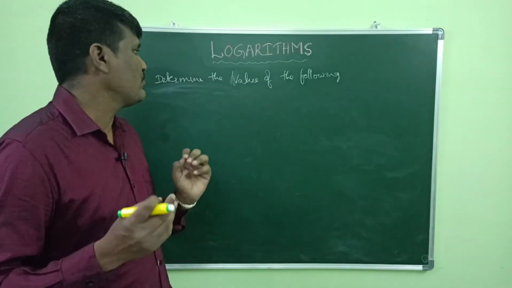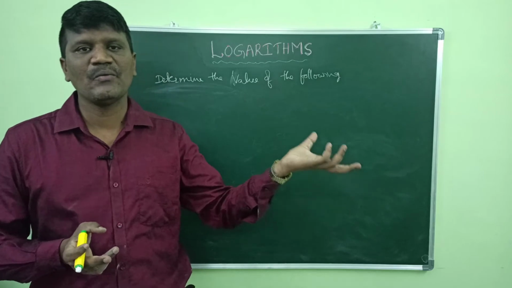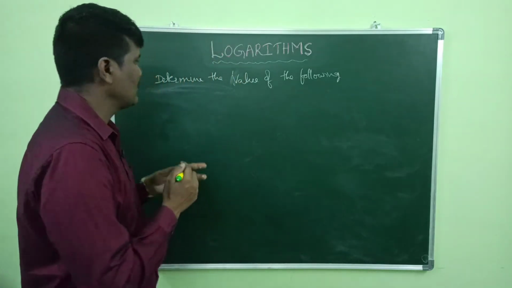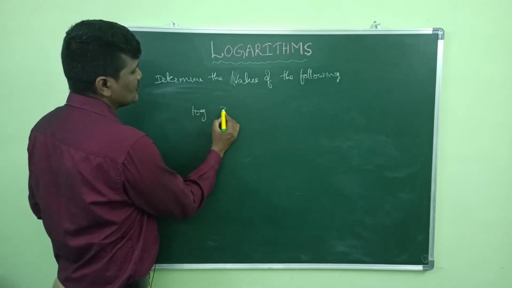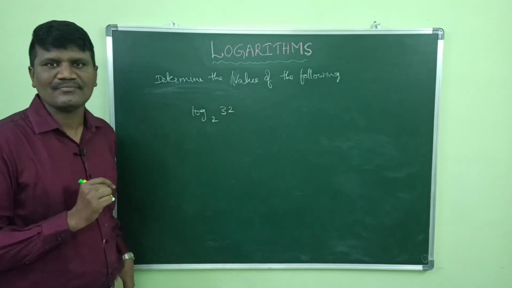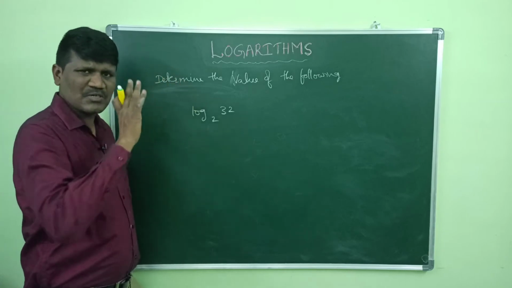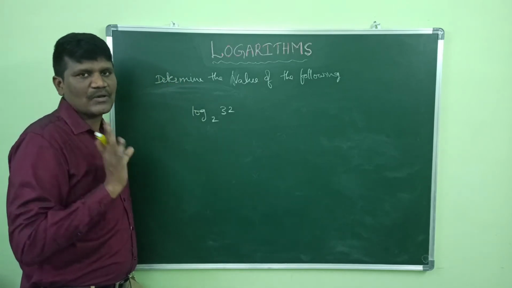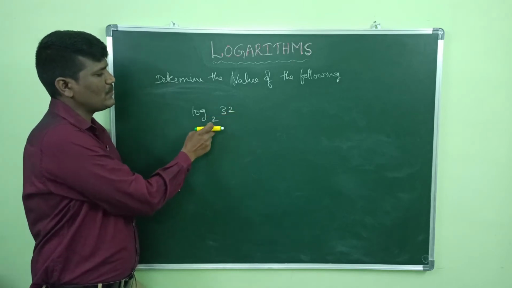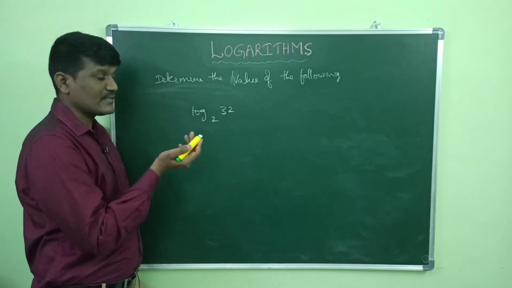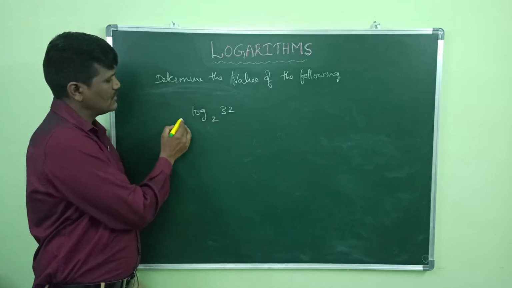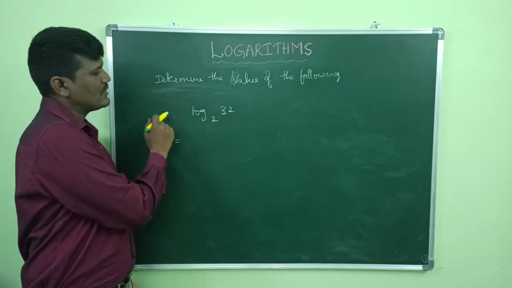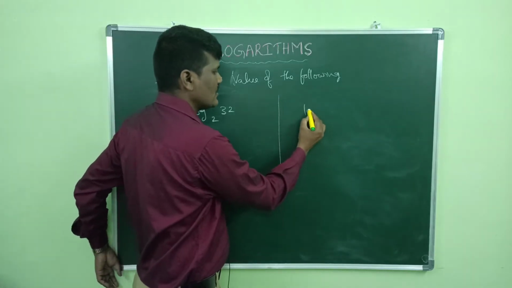Okay, now let us do some problems based on the power rule and log a to the base a. The first problem: what is the value of log 32 to the base 2? These are the most important formulas for any competitive examinations and for your public examination also. How to find the value of this? There are two ways I can do it. Let us do it in the two methods.